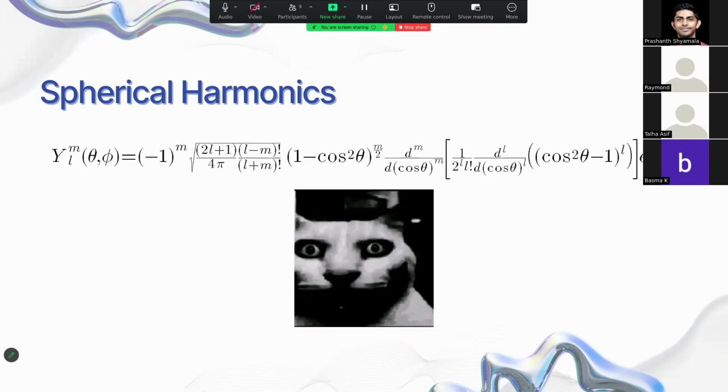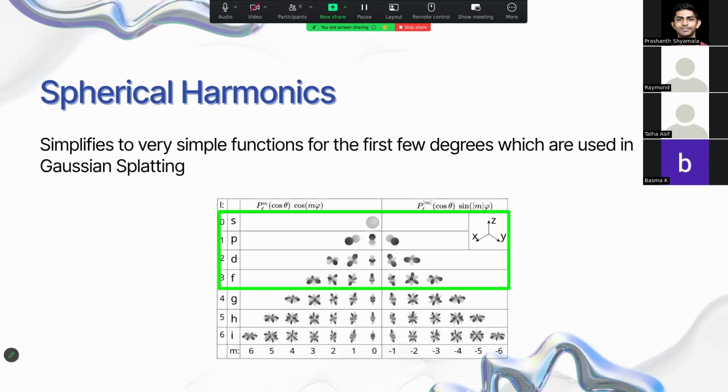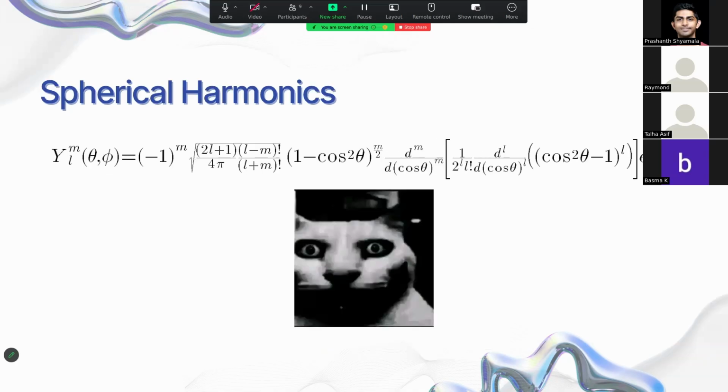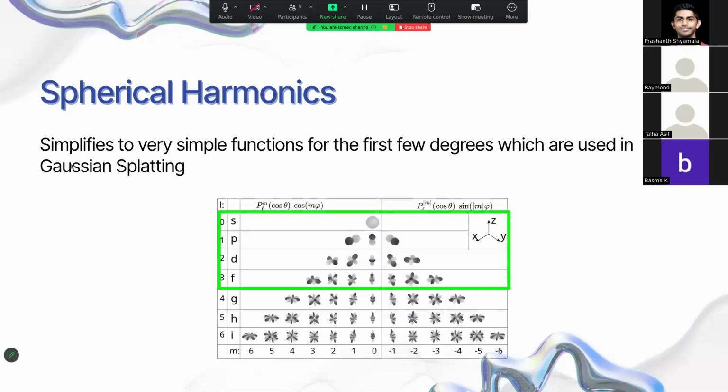Yeah, and that's the actual expanded value of the Y term from the previous slide. It is quite big, but there's no need to learn all this for our use case. We just evaluate this big term for a small set of values, and we store them in memory while we do our whole process. So this fancy Y value, if evaluated at just small m and l indices, basically represents a bunch of functions defined on spheres. So we store the first few indices of the harmonic, so 0, 1, 2, 3, and they look like this